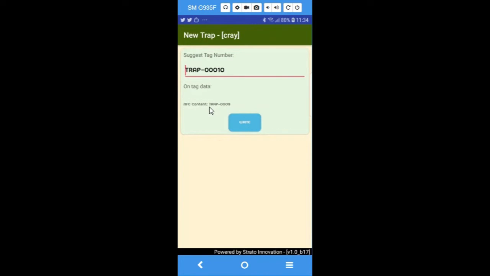Okay, you see the current information, and we will verify the information of the track and the NFC tag again to see what the current information is of the next suggested tag number view. The next suggested tag number will show